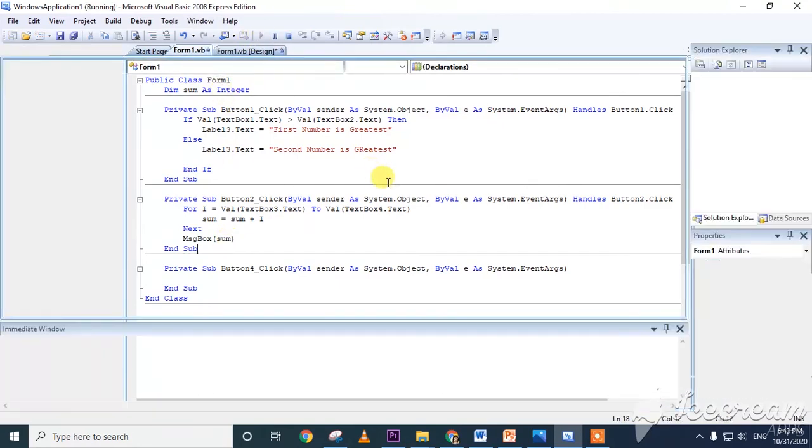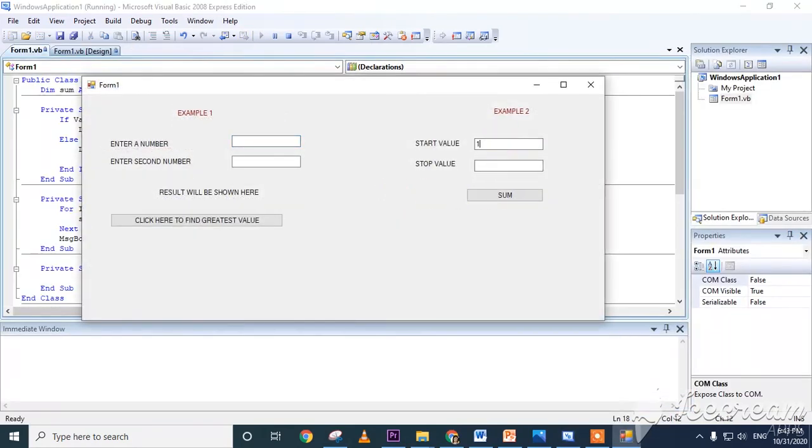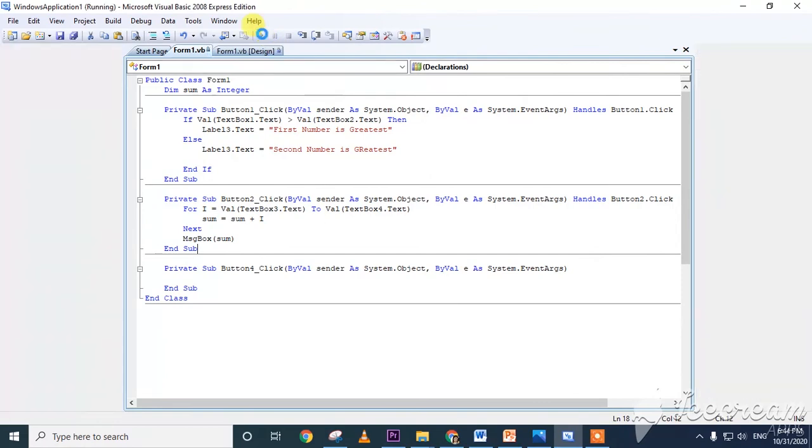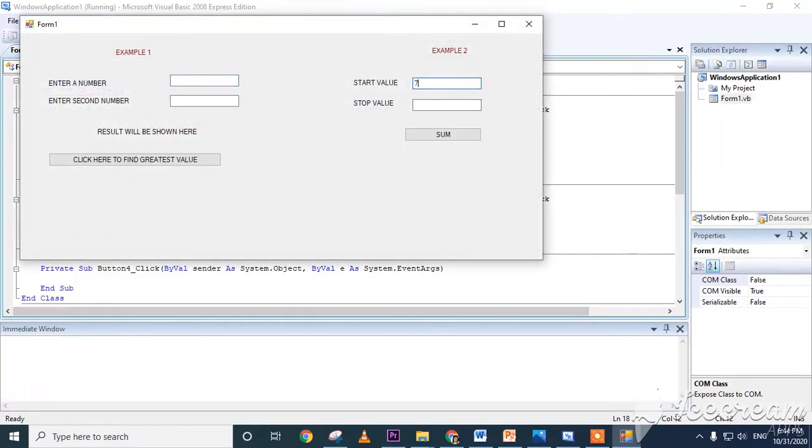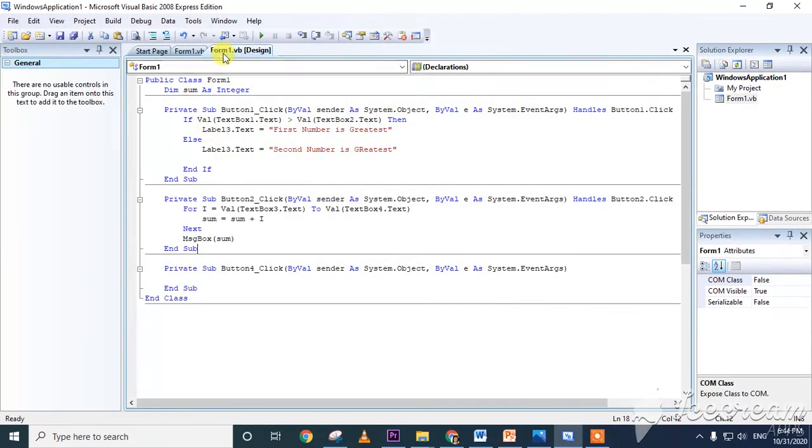So when you run this program, the first value is 1 and the last stop value is 10. If I click on sum, adding the first 10 numbers, 55 is the result. In this way, if you add from 7 to 10, then 34 is the result. So in this way we can write the form.